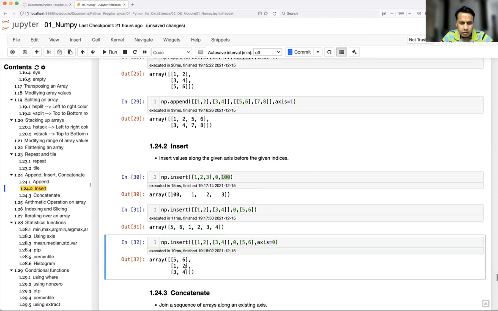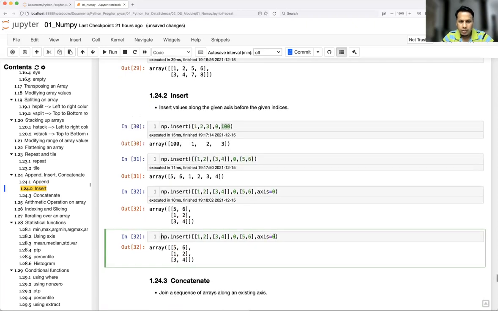See here, 1 2 3 4; since I have given 0 position, assume that you have not given any, this is the original array 1 2 3 4. At the 0th index, this is the one which is existing, right? Now I'm going to insert something else at the 0th position. The original element present in the 0th position is going to be shifted by 1. So in the 0th position now 5 6 will be there, and the remaining array will be shifted by 1. Okay, now let's make it axis 1.